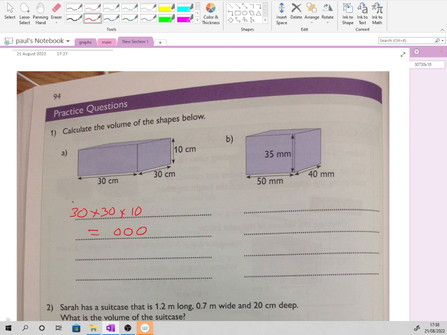They are indeed. So just double check, 30 times 30 times 10 equals 9,000